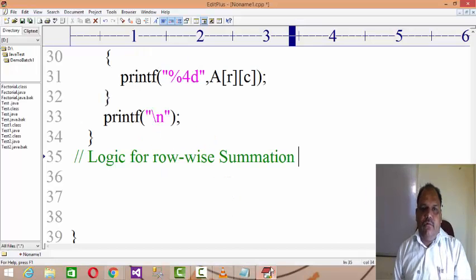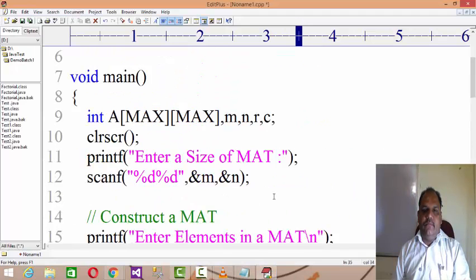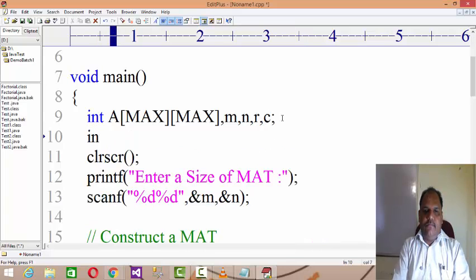I will take a separate variable for the row sum. Let's say rs equals 0. This is for the row wise summation.